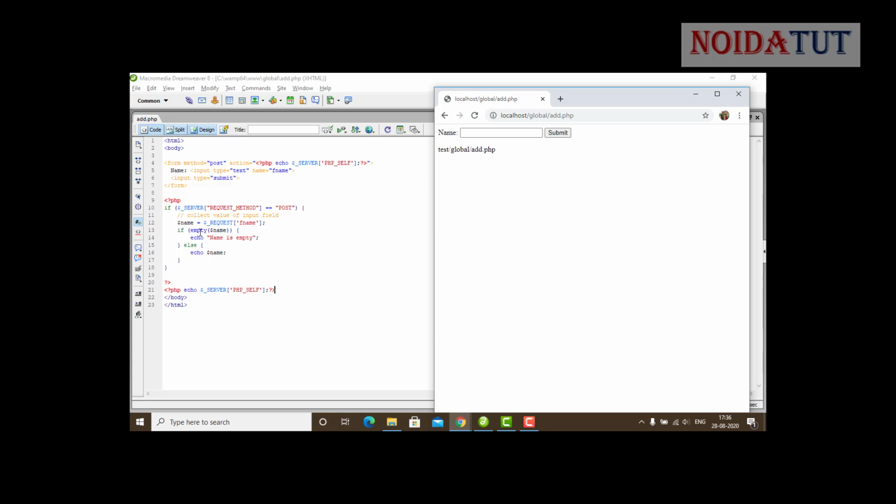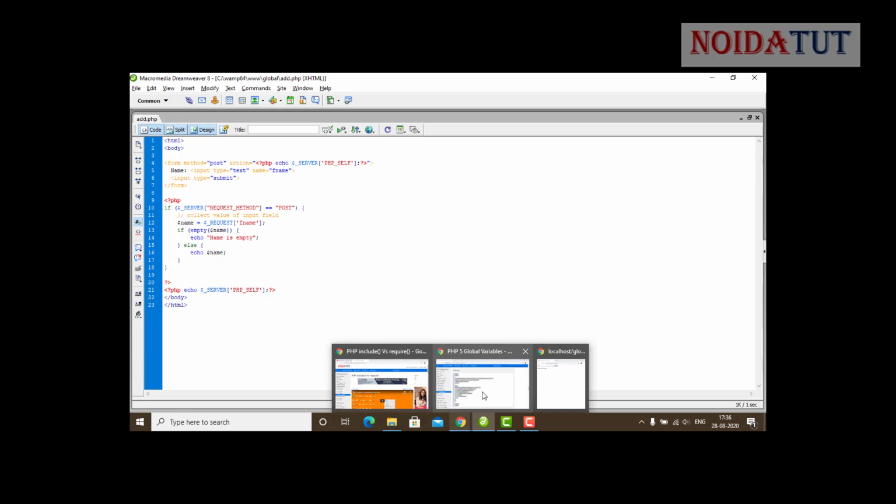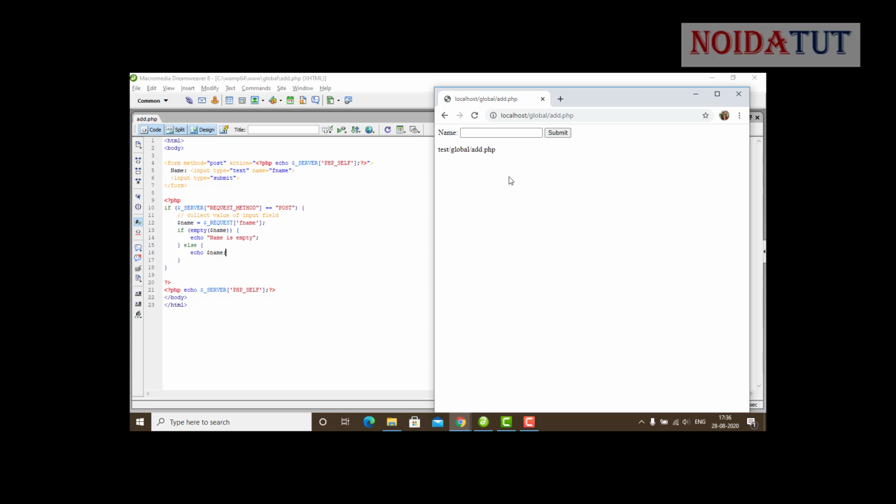It is just an echo, just showing for this reason. You can see that this is the name we entered. That means this is how we proceed to the next page and then take the data. Whatever data was entered in the previous page is grabbed in the next page.